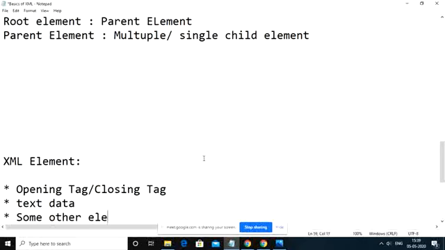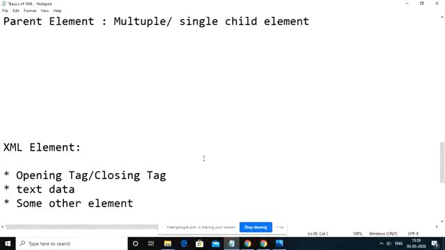Some other element can also be present between the opening and closing tags. Or you may have a mix of all of these: opening and closing tags, text data, other elements, and a mix of all the above. This can be part of a single XML element, either text, or some other element, or a combination of text and other elements.